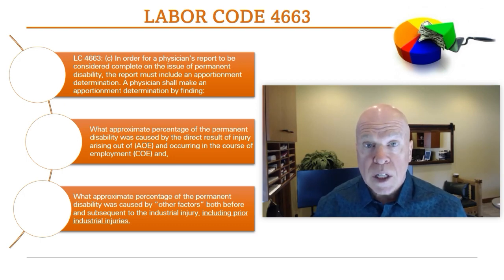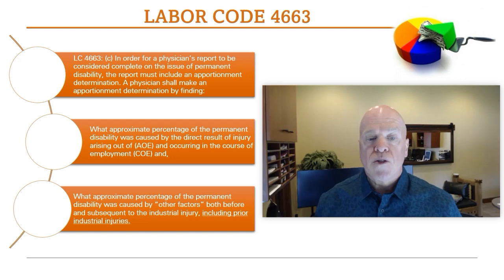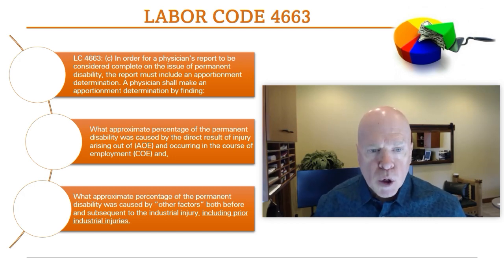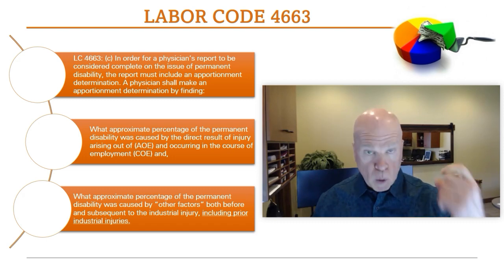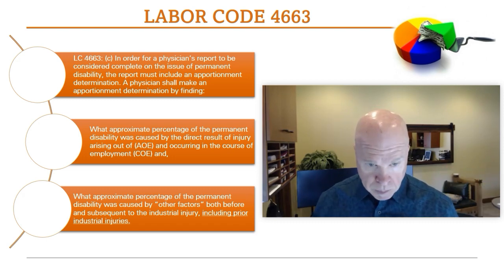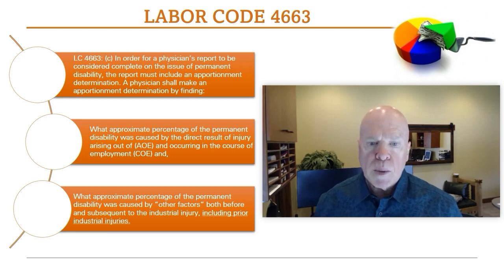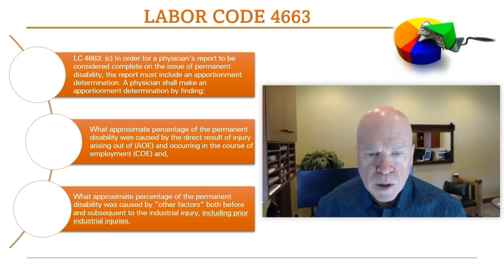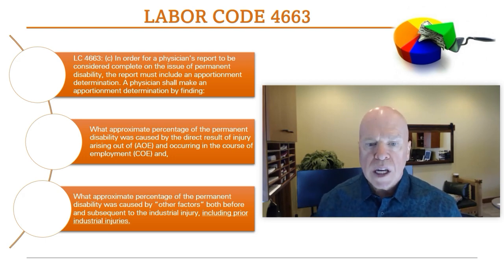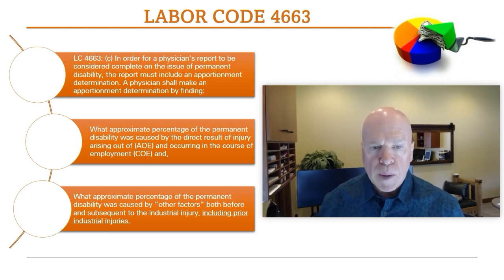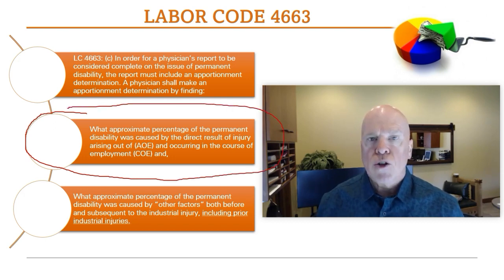It gives us the instruction as to how to do it. It says, a physician shall make an apportionment determination by finding number one, what approximate percentage of the permanent disability was caused by the direct result of the injury arising out of and occurring in the course of employment. So this is your percentage number one that you're going to provide within the body of your report,